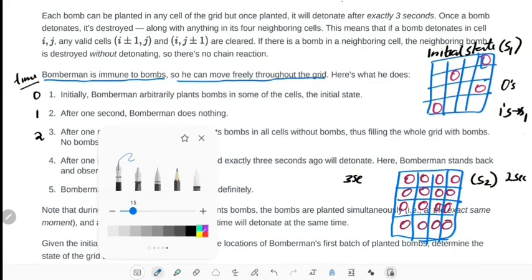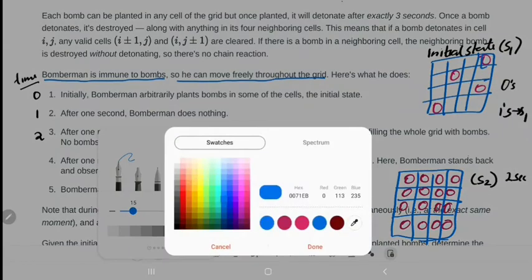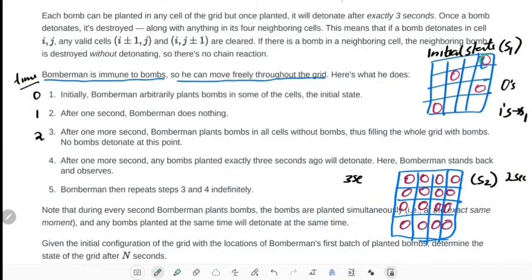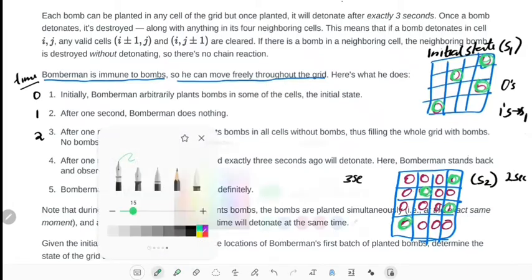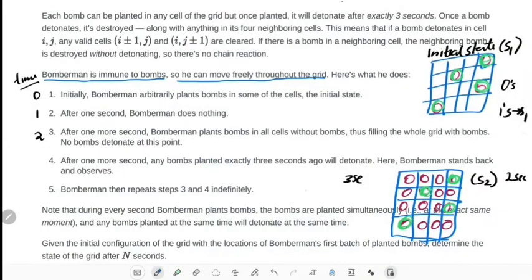Let me color it with another color, green. The green ones were planted 3 seconds before, so all those bombs will get blasted. So after 3 seconds the new state will look like this.